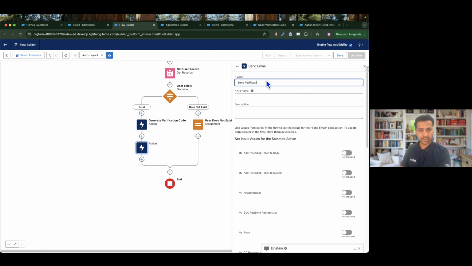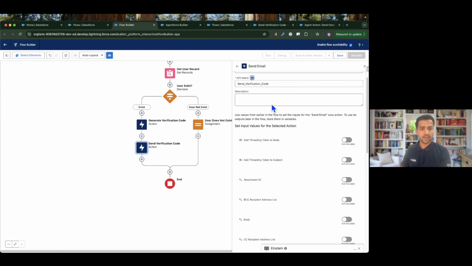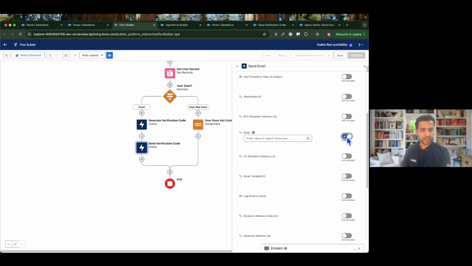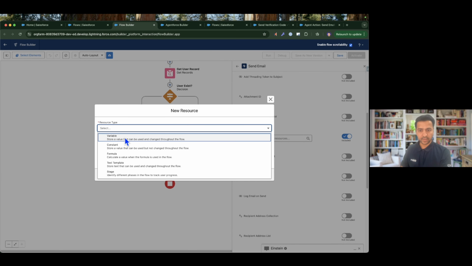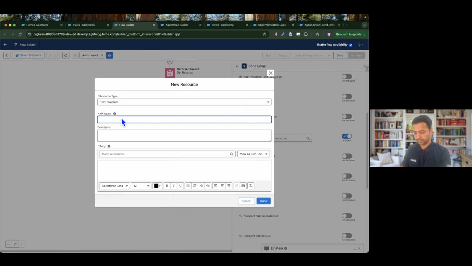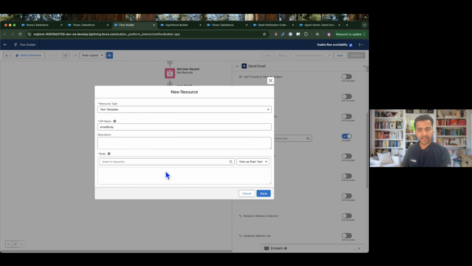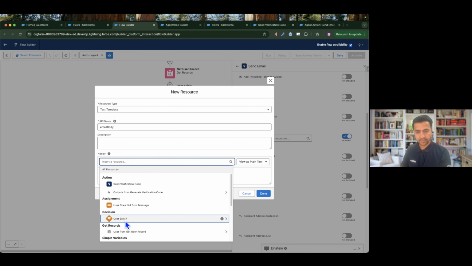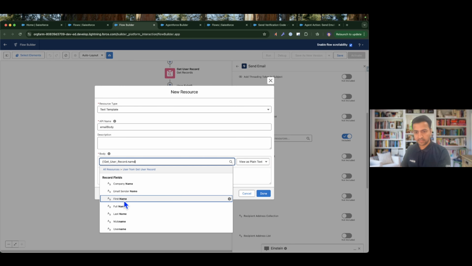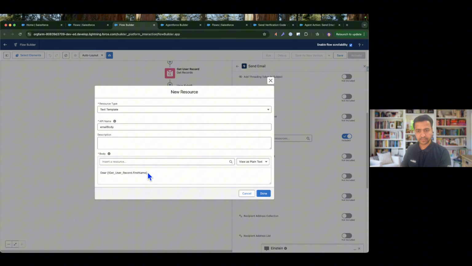send verification code, and here I'm going to enable this body, and then I'll create a resource to define my body. So I'll say text template, email body, and plain text. So my email will be, let's say dear, we can say the username. So user name, dear first name, and then it will say